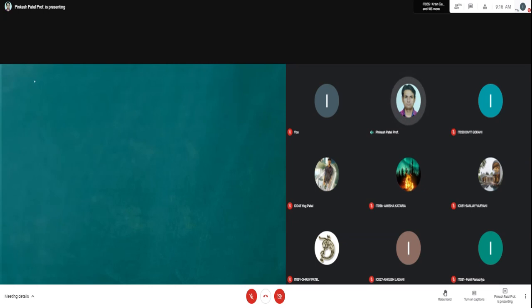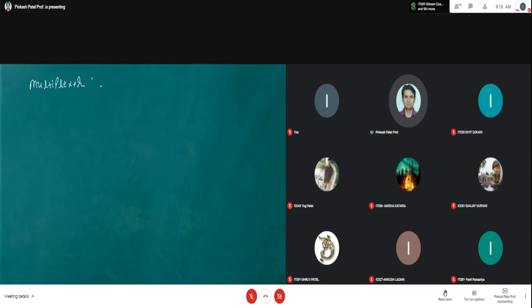Now the next topic is multiplexer. Multiplexer is a kind of device.